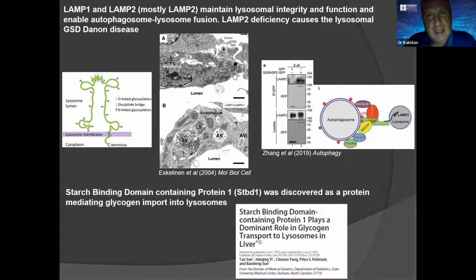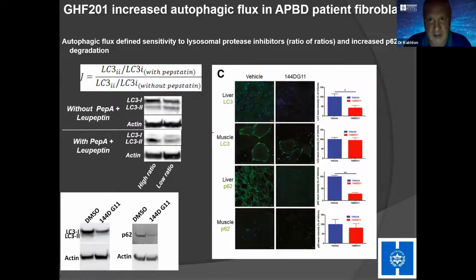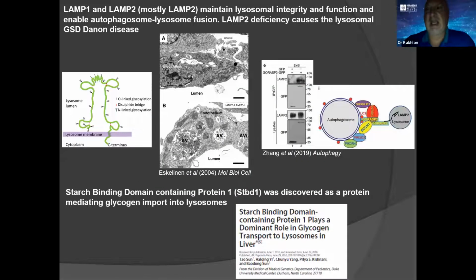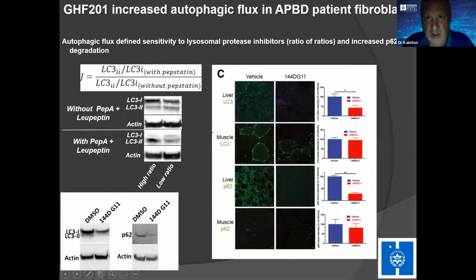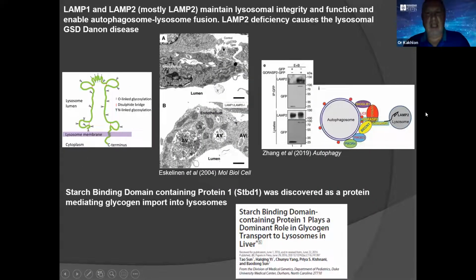And indeed, what we think the mode of action is, is activation of lysosomal fusion with autophagosome. So this means that when LAMP1 is diluted, more LAMP2, because you don't have LAMP1 and LAMP2,